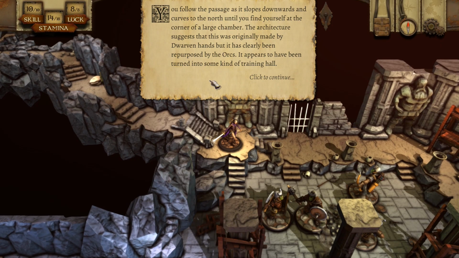You follow the passage as it slopes downwards and curves around to the north until you find yourself at the corner of a large chamber. The architecture suggests that it was originally made by dwarven hands, but clearly being repurposed by the orcs. It appears to have been...